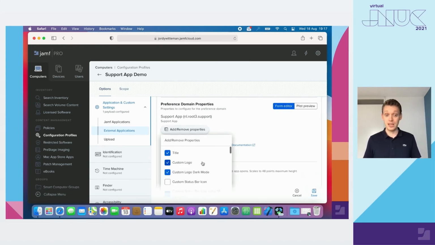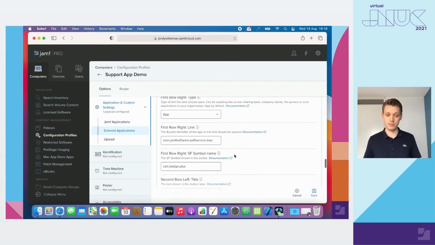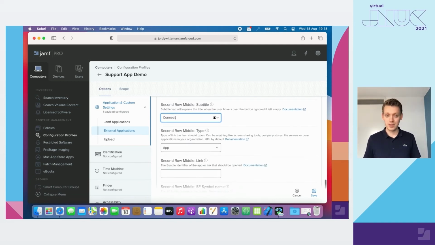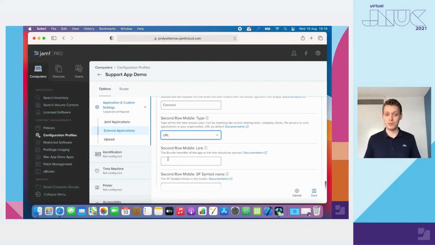Scroll down, and we need to add these properties again. Because when we send an empty property, it's deleted from the configuration profile. Okay, we're going to put something here that links to a server. So we're going to call it Drive with a subtitle of Connect, and we're going to use a URL to an SMB share.